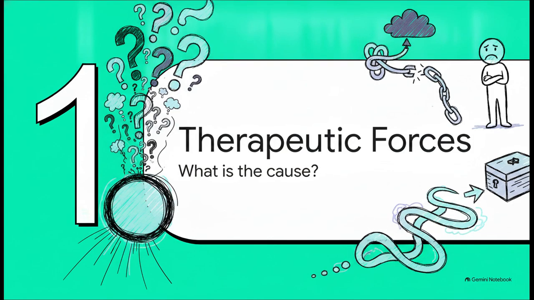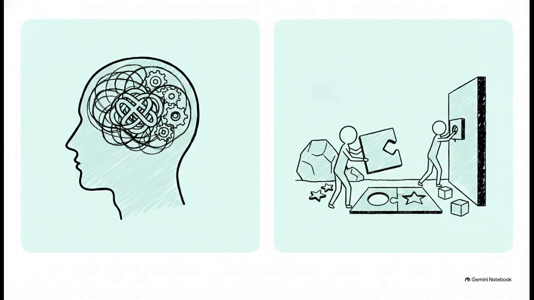First up, parameter 1, the 3 therapeutic forces. We need to establish what these approaches fundamentally believe is the actual cause of our psychological problems. The stark contrast between the first 2 major approaches is just fascinating. Psychodynamic therapy looks inward, deep inward. It argues that the source of your distress is an intrapsychic conflict. To put that simply, imagine a giant invisible tug-of-war happening inside your own mind between your hidden primitive desires and your strict moral compass. The distress you're feeling? It's just the tension of that rope.